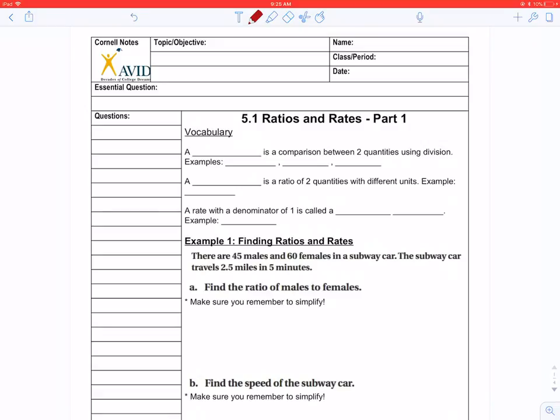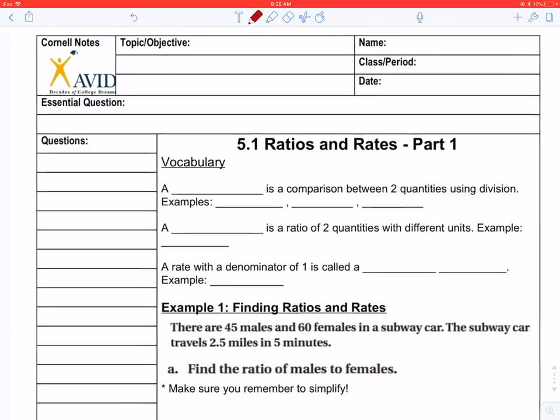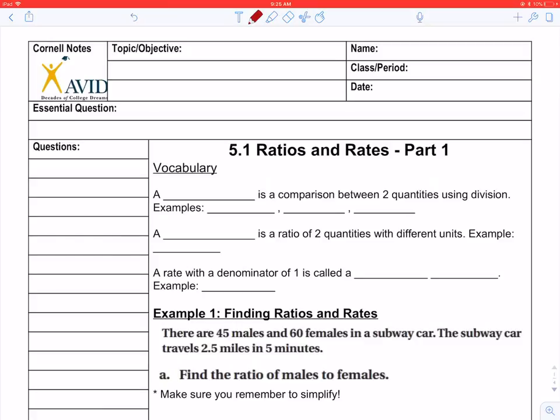So on this chapter, I really like chapter 5 because it's very relevant. It's a lot of stuff that you've already heard, like miles per gallon, miles per hour, dollars per hour. So it's a lot of rates, which is something that we utilize all the time in real life. And so I feel like it's going to be very relatable. So let's go ahead and start with the objective for this chapter, which is that by the end of this